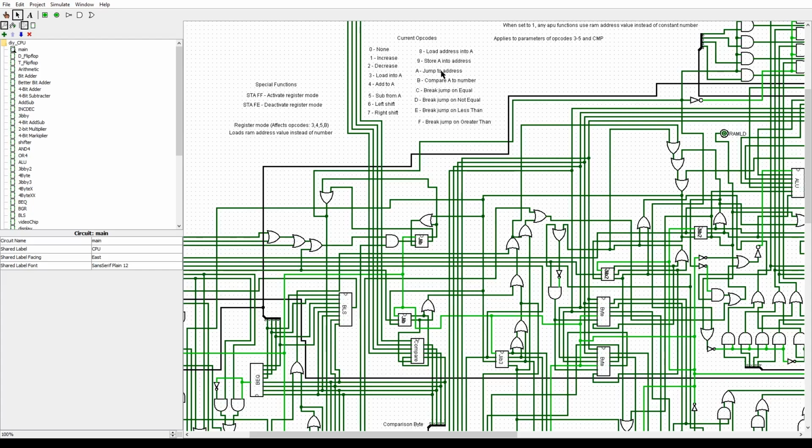And same for storing. Jumping takes 4. Comparing a number is just 1, since it's just, actually no, it's 2, since you're just comparing it to a single byte. Breaking on equal is 4, since all these breaking just do a jump instruction. It's basically just a jump instruction, but with a condition. And there is a bit of a problem with how this works, which is that it is very expensive just to load an address,